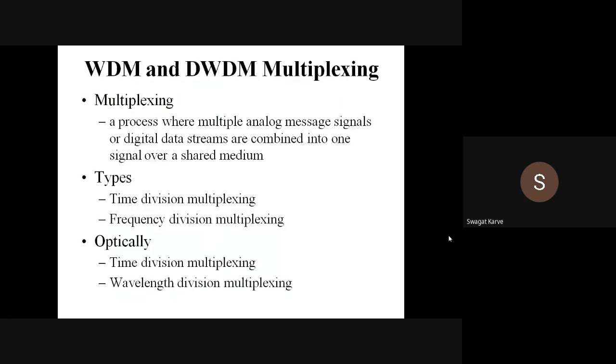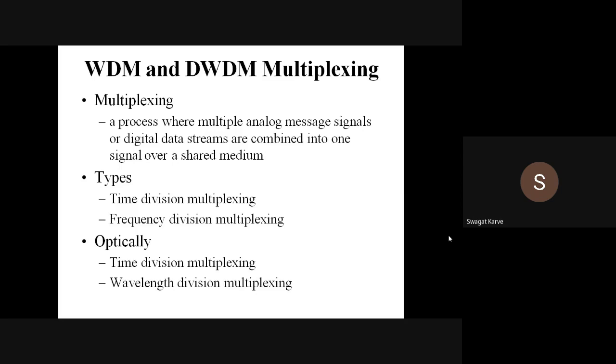Next part of our discussion is wavelength division multiplexing and dense wavelength division multiplexing, right? So as you know, in digital systems you have time division multiplexing and frequency division multiplexing, right? Multiplexing is very essential because in a heavy traffic region, where the data demand is more and the capacity is less, you have to go for this multiplexing technique, so that you can increase the channel capacity as well as the data rate, right? So this is the basic purpose of having multiplexing.